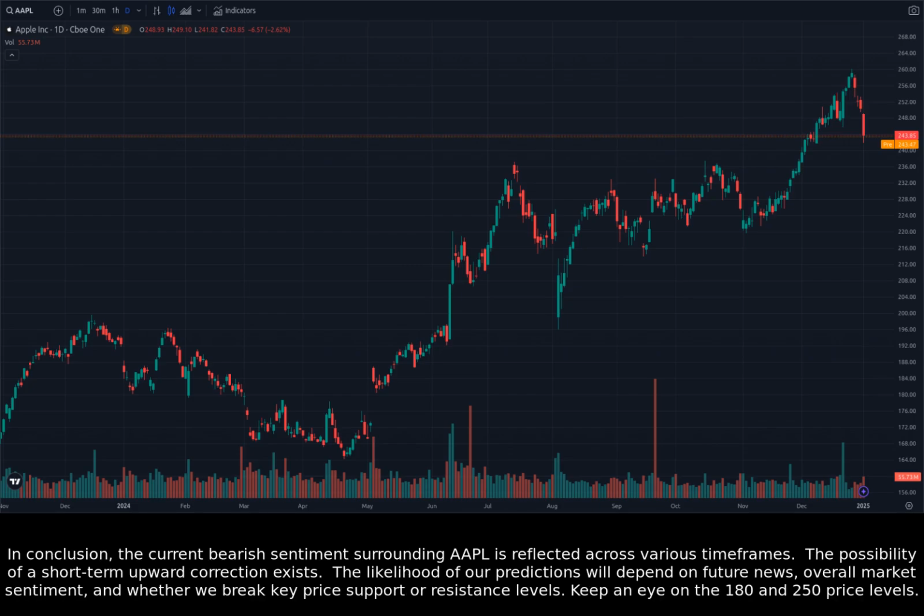In conclusion, the current bearish sentiment surrounding Apple is reflected across various timeframes. The possibility of a short-term upward correction exists. The likelihood of our predictions will depend on future news, overall market sentiment, and whether we break key price support or resistance levels. Keep an eye on the 180 and 250 price levels,